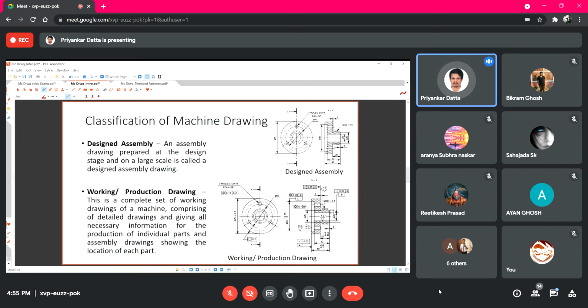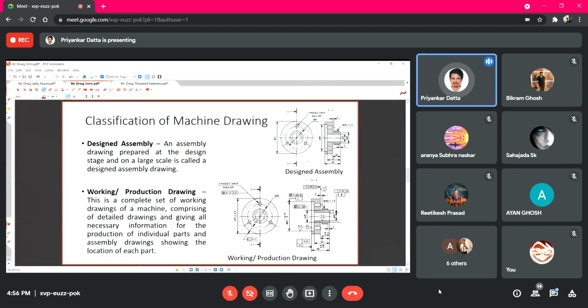So here one example is shown. For this flange, you see that the design assembly drawing, or designer-created drawing, has much less information about the component. The other part is the working drawing or production drawing, that is sent to the manufacturing shop for producing this component. So for that again everything has to be specified by the designer. Several other pieces of information are given in this working or production drawing.